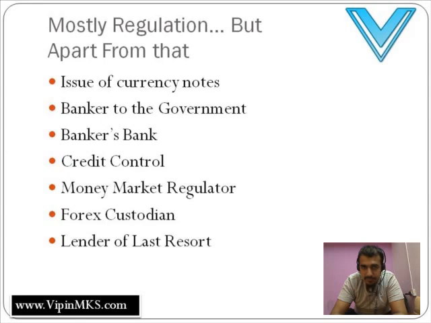And then credit control. How does RBI control the credit flow in the country? One way in which they control the credit flow in the country is by issuing treasury bills. Treasury bills, or T-bills as they are called. If RBI feels that there is an excess amount of money in circulation, they have banks and financial institutions buy these treasury bills. And when they buy these treasury bills, the amount of money in circulation is reduced, and therefore inflation can be reduced. This is one of the methods which they use for controlling credit.